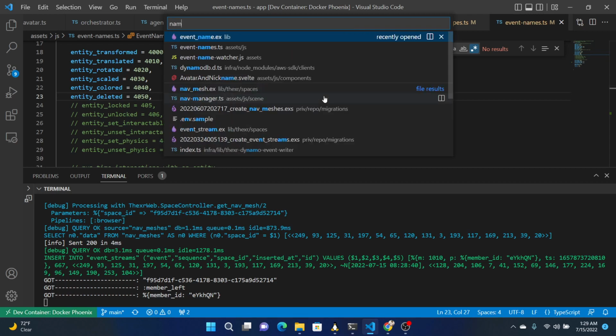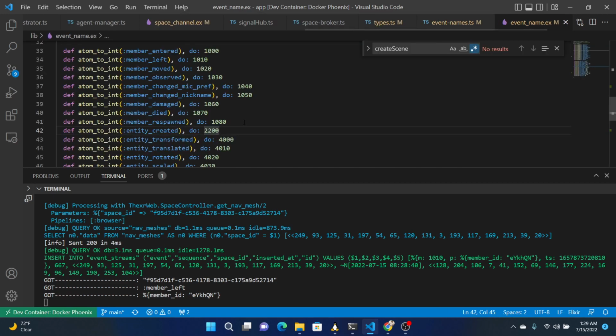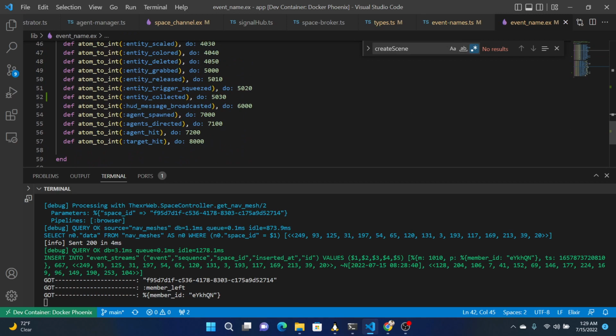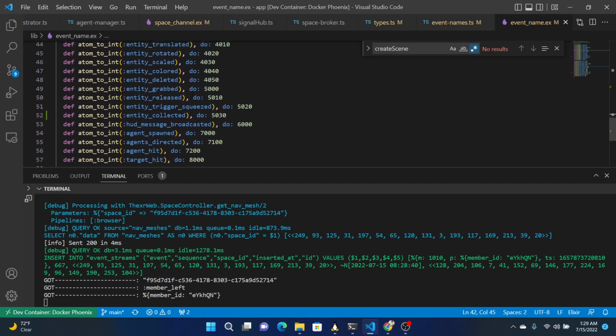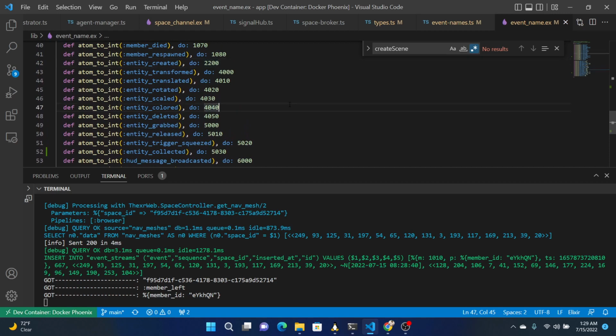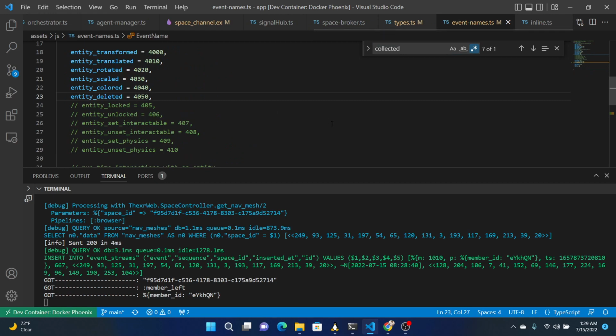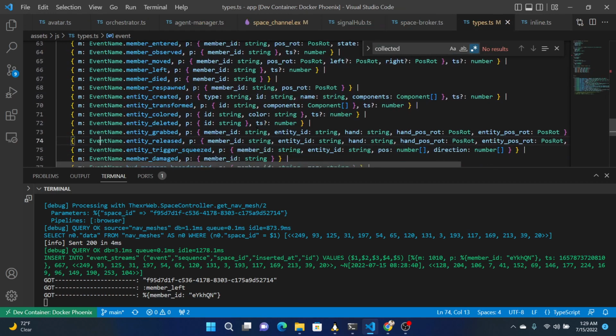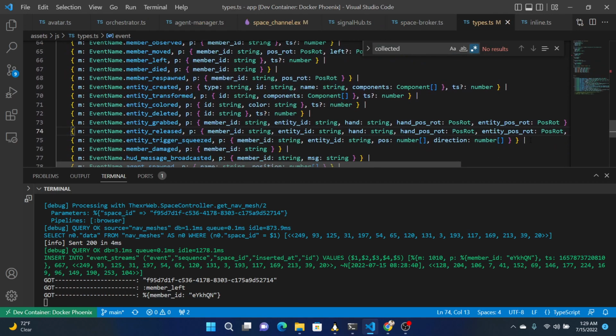Name, event names, event name, entity grab, entity collected, there it is. Alright, so now we can add a type here,